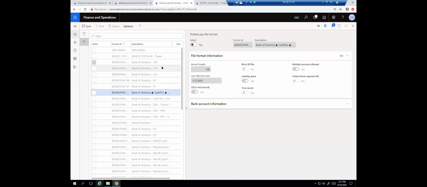And the tried and true ones have just been through more paces, so there's less chance that we will develop something and there's something missing in the spec that's a required field or something like that. So positive pay, again, usually very straightforward from the bank to deal with. Usually involves them just giving us a specification, and once we get that specification, someone comparing it to these formats